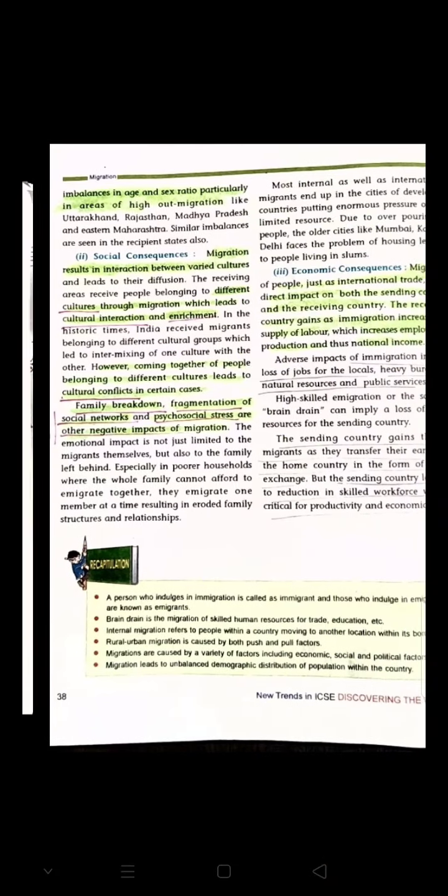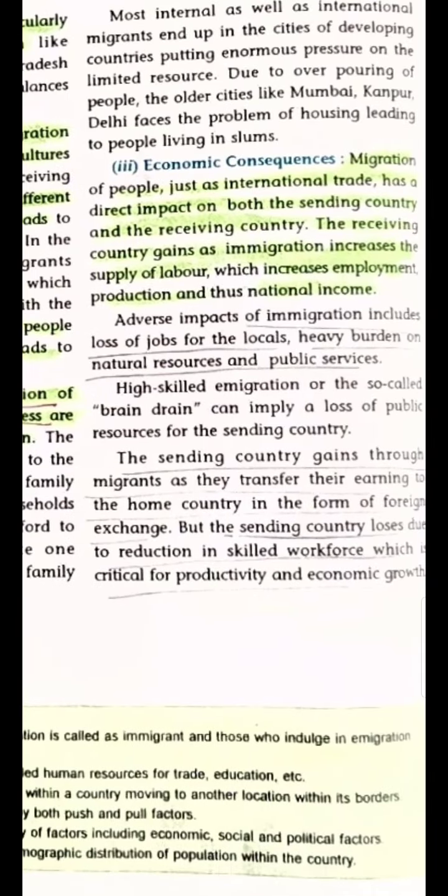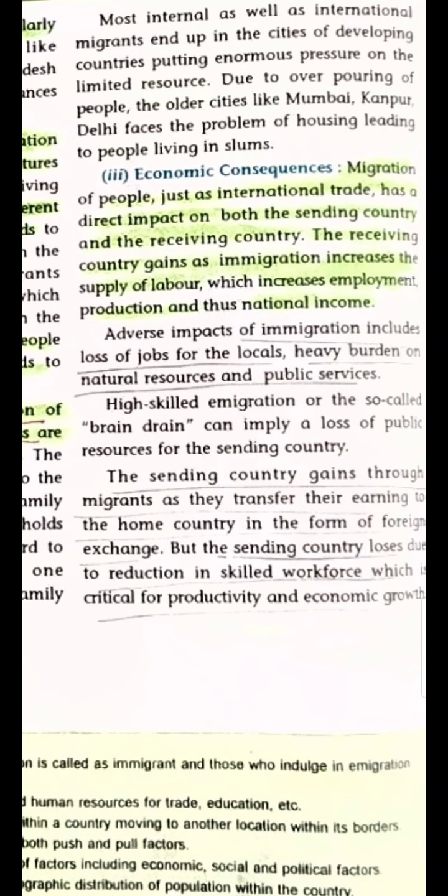The 6th question, children, explain the economic consequences of migration. For this, again, we have to turn to page number 38. And here the economic consequences are given. So, what happened? Migration of people, just as international trade, has direct impact on both the sending and the receiving country. The receiving country gains as